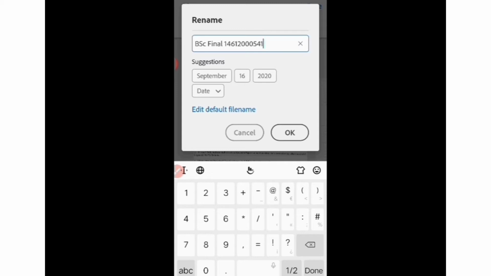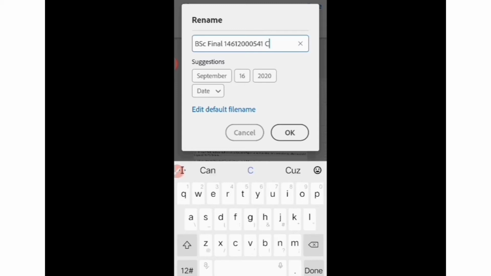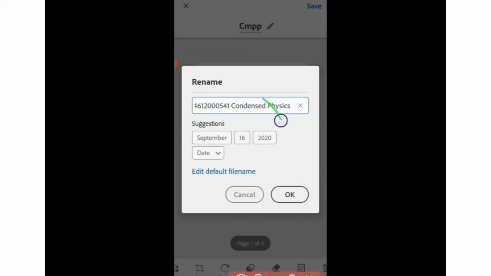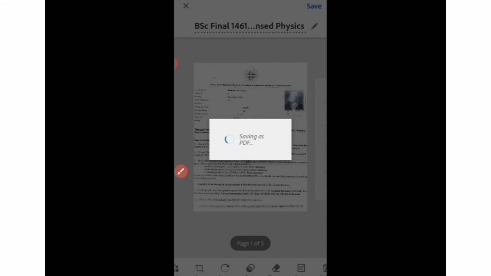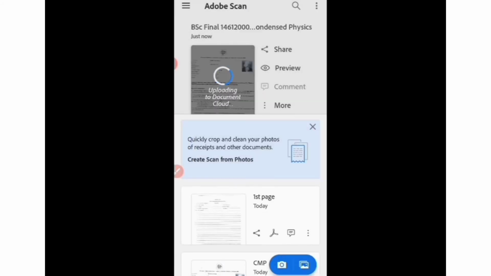Then you have to write your paper name. Here I have to write condensed physics. Now from here click OK. Now from here you have to click on save. Now our PDF is ready to share.